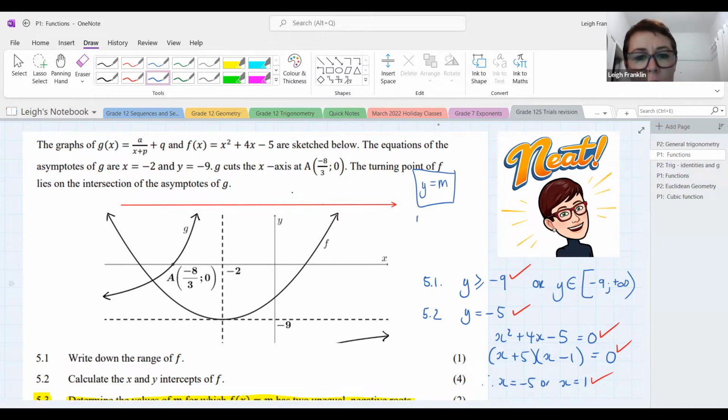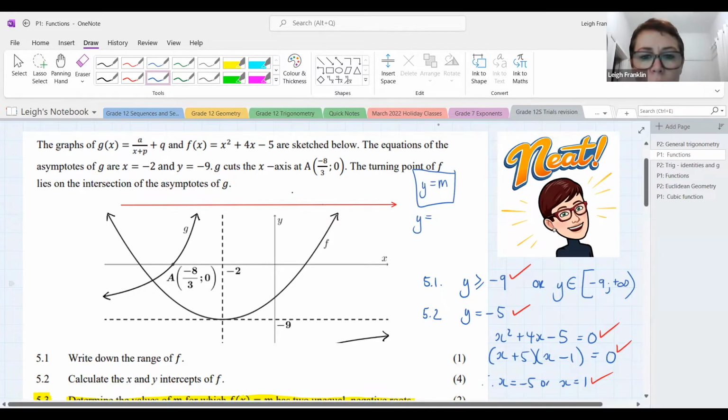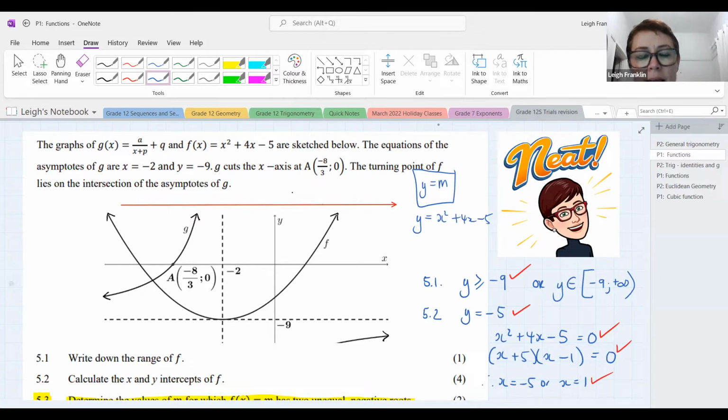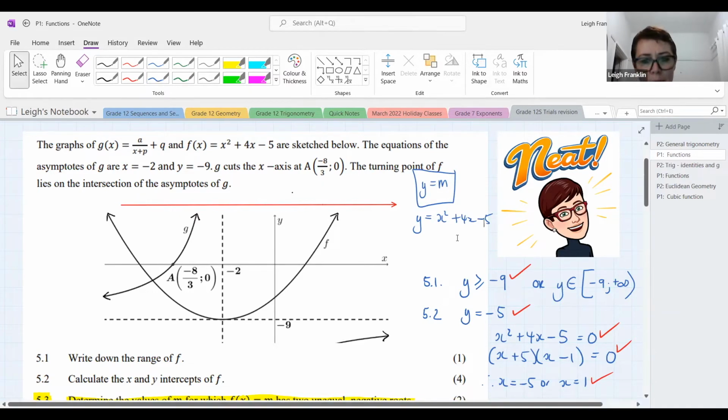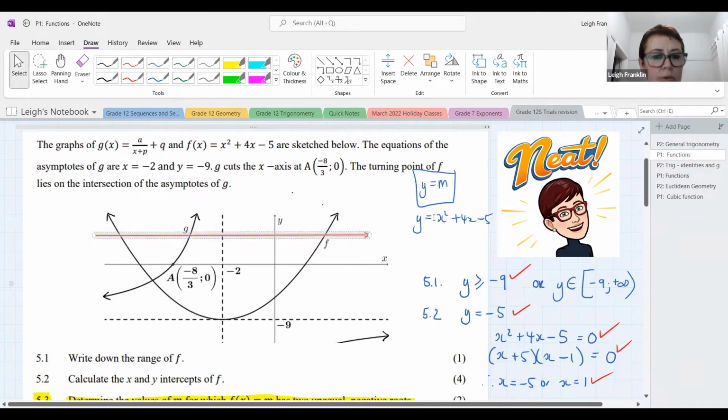If I say y is equal to x squared plus 4x minus 5, then y is a parabola. So if f of x equals m, what this means is that there has to be a point of intersection